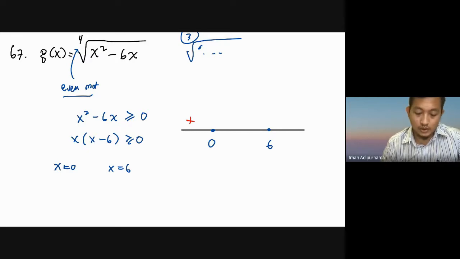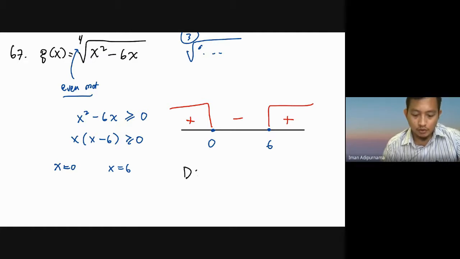Check with negative 1. Check with 1, you will have negative. Check with 7, you will have a positive. And you need to take the positive parts, right? So the domain is,